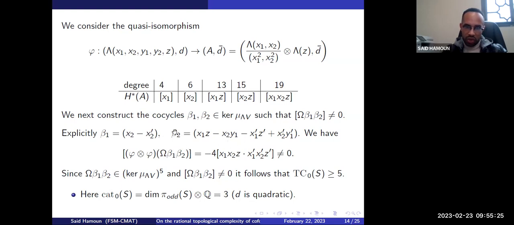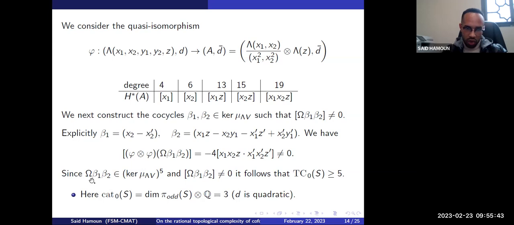And we can check through the quasi-isomorphism phi that phi tensor phi of the product of omega by beta 1 by beta 2 represents exactly, or up to a scalar, the top class of A tensor A,